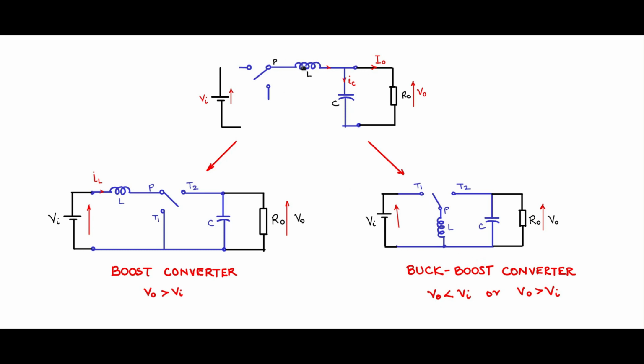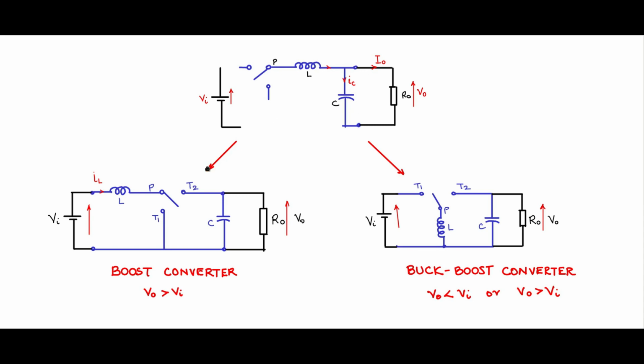So you see, in the case of the buck converter, you have the inductor on the output side. In the case of the boost converter, you have the inductor on the input side. And in the case of the buck boost converter, the inductor is neither on the input nor on the output. It is in between, connected to ground. In all the cases, inductor is connected to the pole. Inductor is connected to the pole in the boost converter also. Inductor connected to the pole in the buck boost also. And the capacitor is connected across the output to filter the output voltage.